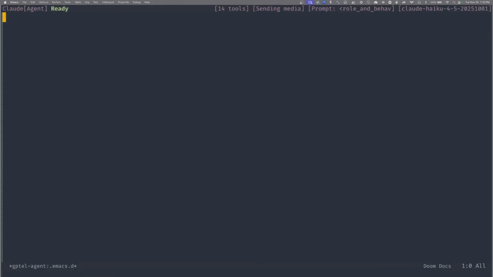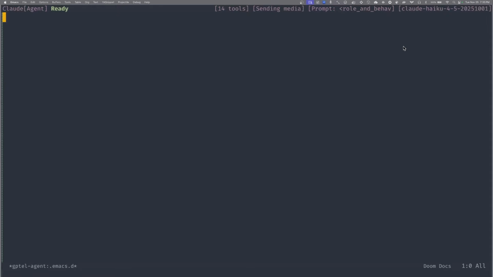It's not cheap, and one of the problems you're going to have is if you are on a rate-limited API, which you are, right? So I see at the top right that it says Claude Haiku. So you're paying by the token, and that API is very, very rate limited. So it's just going to throw an error if you try to use this backend with gptel-agent.